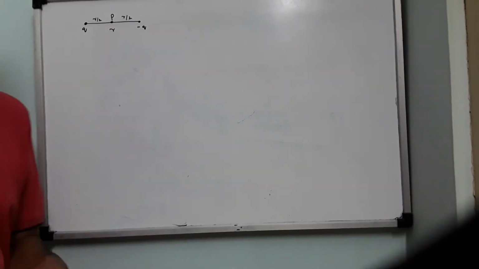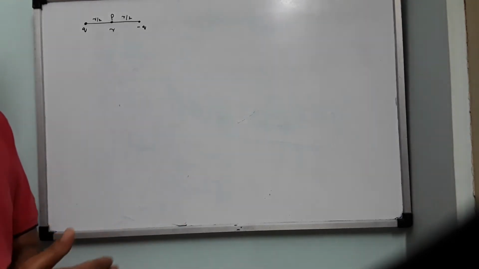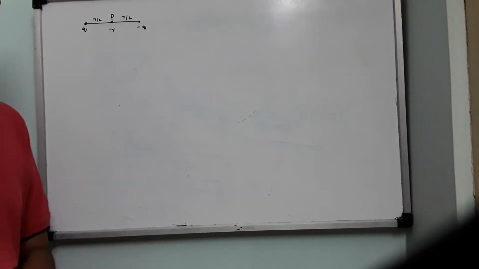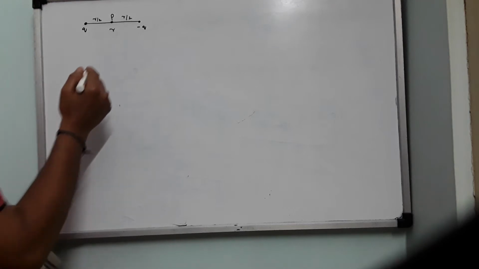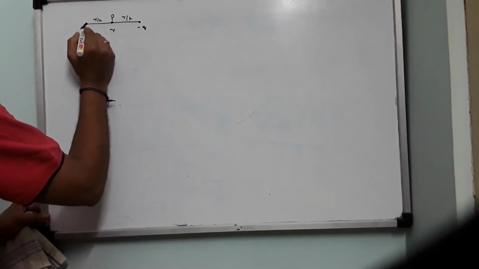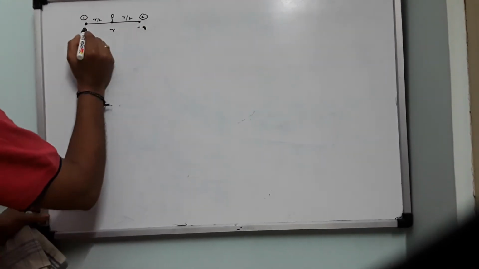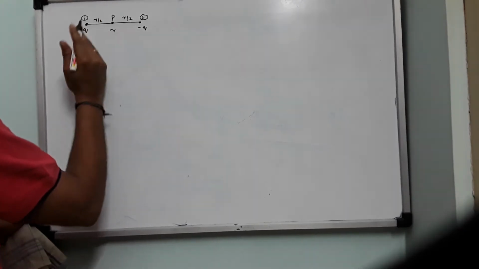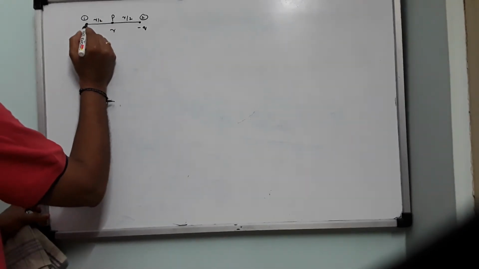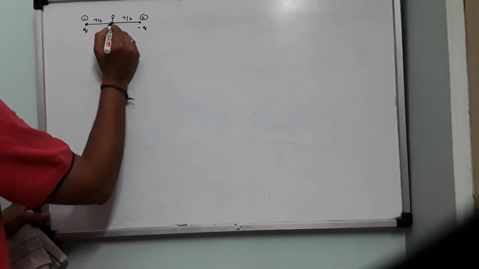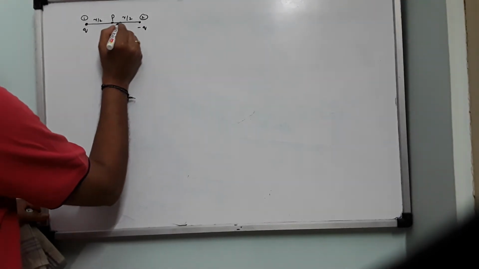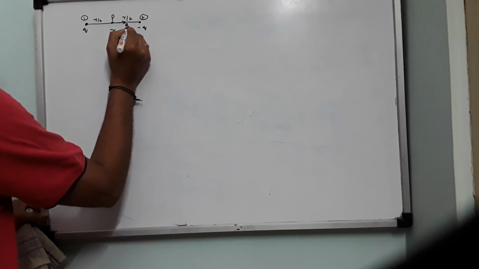Now yesterday we discussed that electric field is a vector quantity. It has a direction. For a positive charge it is radially outwards and for a negative charge it is radially inwards from a given point. What is that given point? P is the given point. So from plus q, let us say this is charge 1 and this is charge 2. From this q, point P is now on the right side. So electric field produced by this charge 1 at point P is radially outwards. So it should be like this. So I name it as electric field due to first charge, E1.